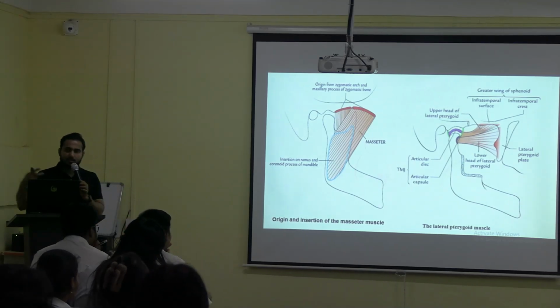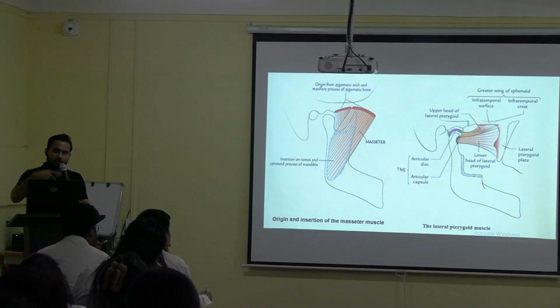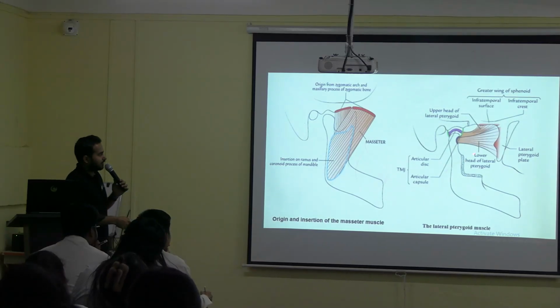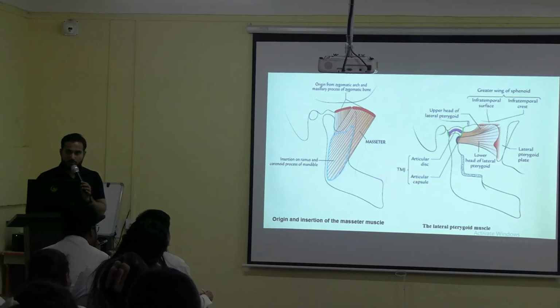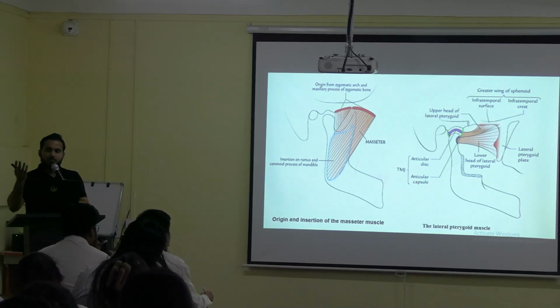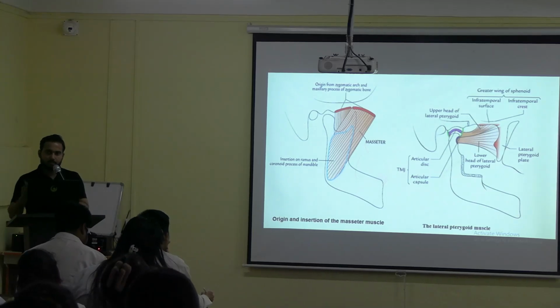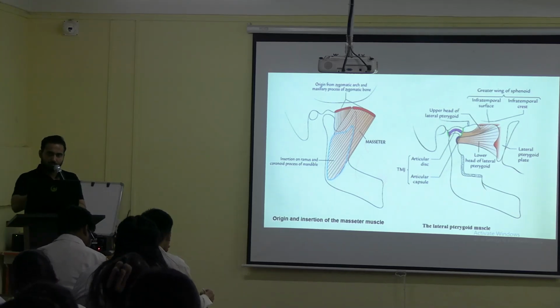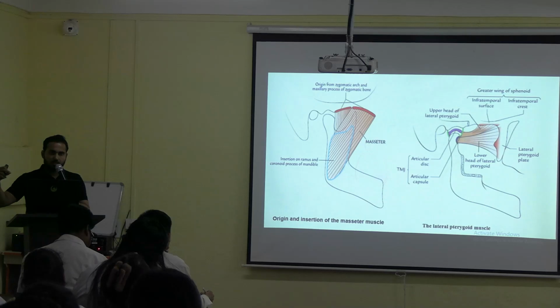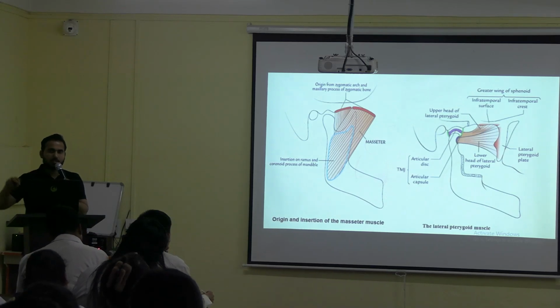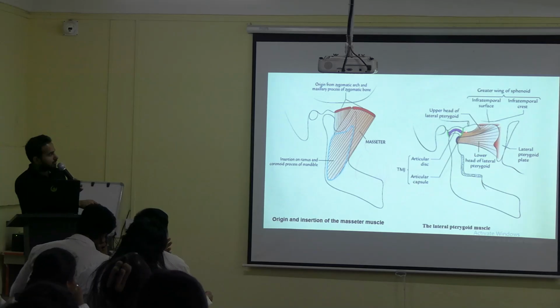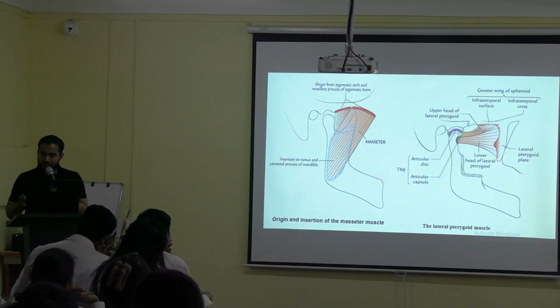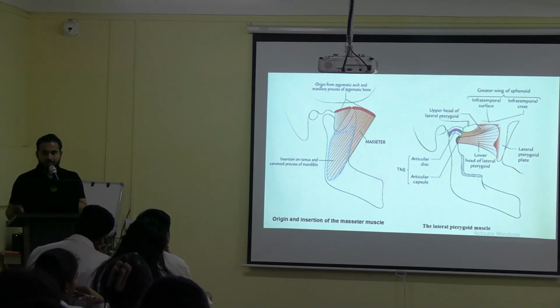Okay, and after that both the heads, where they will insert, in the articular disc and articular capsule of the TM joint. Okay, now if you remember the TM joint which we have studied last time, I have mentioned that जो articular disc होता है, anteriorly it is continuous with the tendon of lateral pterygoid muscle, and as you can see over here, ठीक है, तो articular disc और articular capsule के साथ जाके इंसर्ट होता है